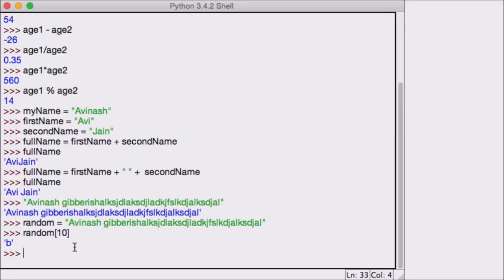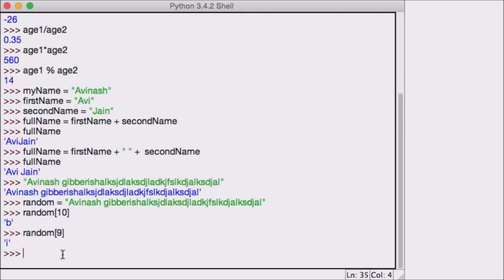Now if I wanted to get the actual 10th position, I do 10 minus 1, right? If you wanted to get the xth position in the string, you do x minus 1. It's that simple. So if I wanted to get the actual 10th position, I do random 9 and I'd get